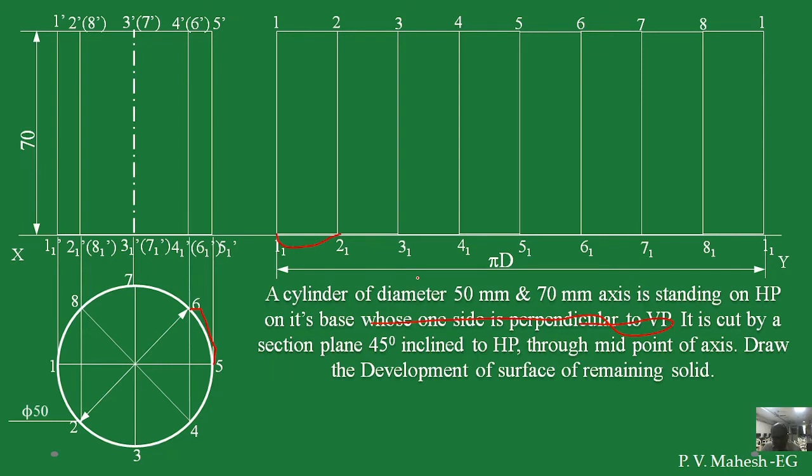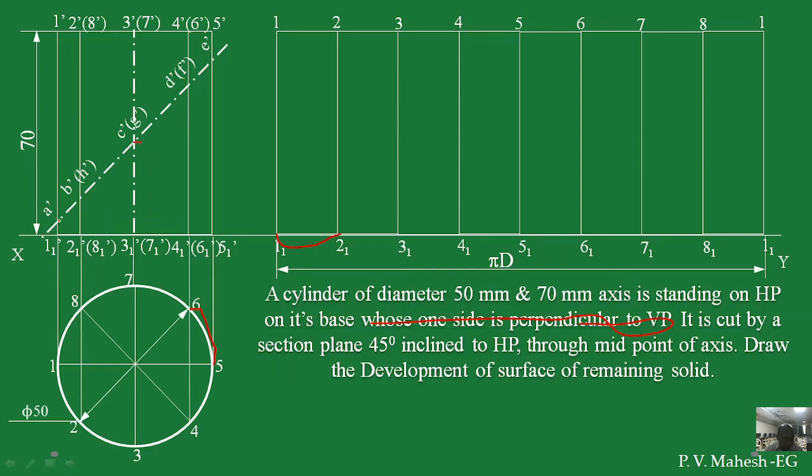But why have we shown the intermediate lines? Because when the section plane is cut, we have points on the intermediate generators. So in order to get those points, we have shown them here in thin lines. These should not be dark lines, these are thin lines. Now we cut the section plane at what height? This height is given as the midpoint. So this is the midpoint of the axis. Identify the midpoint of the axis, and from that you draw a line.